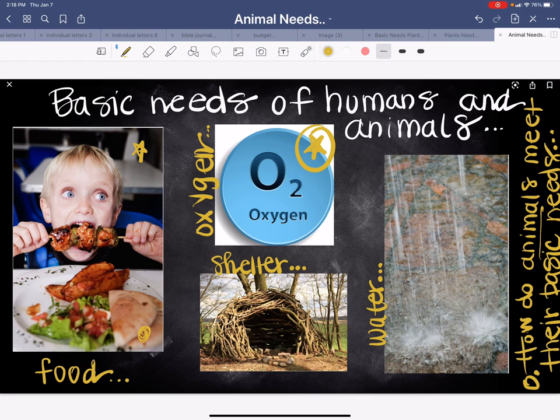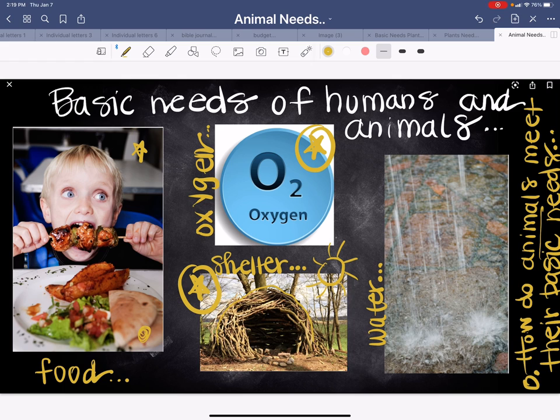All right? The third thing that animals need to meet their basic needs, shelter. Although their homes are very different, both humans and animals need shelter to survive. Shelter is needed for the following reasons. Well, it protects us from the sunlight. Here's the sunlight. And we're being protected from too much sunlight and other dangerous weather. Protection from physical harm, such as predators trying to come in and get us. Protection from diseases and illnesses.